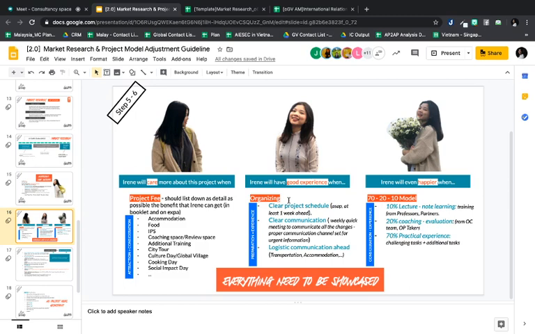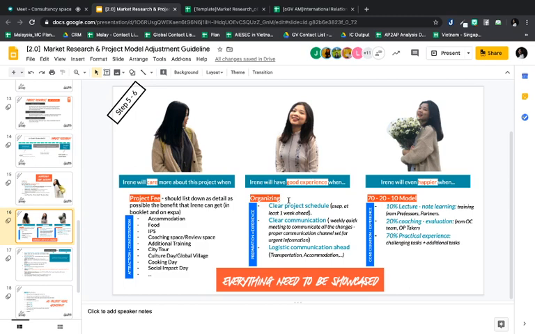Yeah, so this is the thing that at least you need to make sure to ensure that Irene will have a good experience. Okay, and then Irene will be even happier when... so this is the unique selling part that iGV should have. This is regarding the 70, 20 and 10 model.